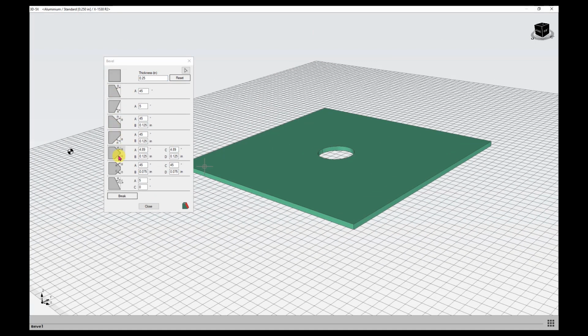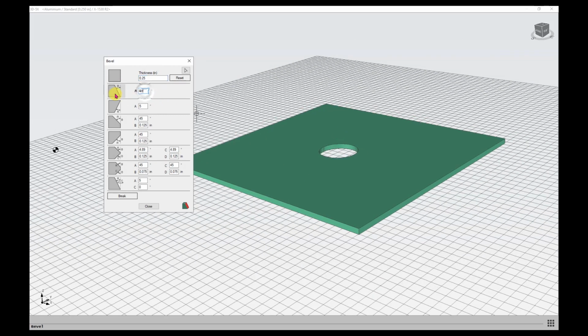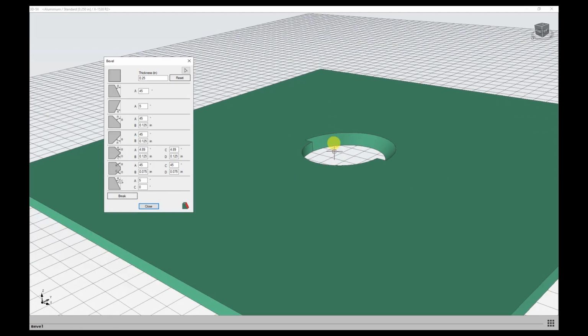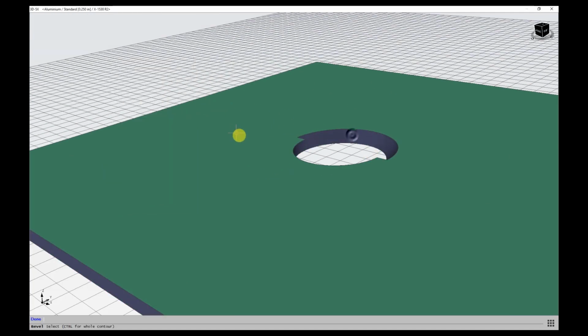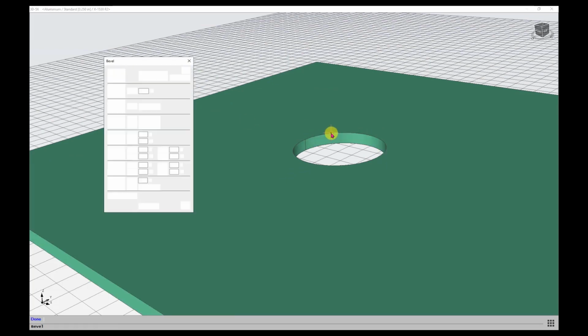So you've got your choice of your different bevel types that you can do. You can also do things like, if you get in here and decide that you want this to be of a different thickness, you can actually change the thickness of the model in here. If you add a bevel to something but then realize that that's not what you wanted, you can do reset to bring it back to vertical,